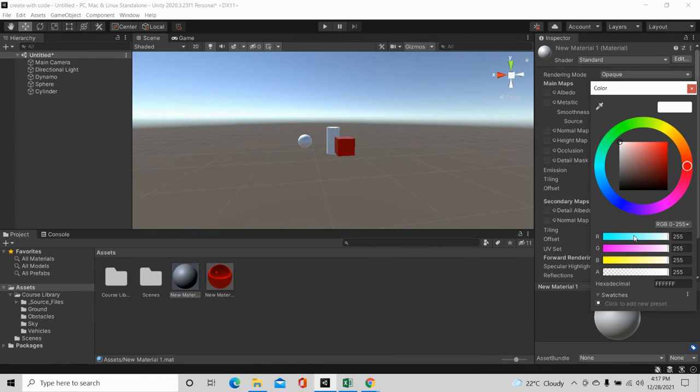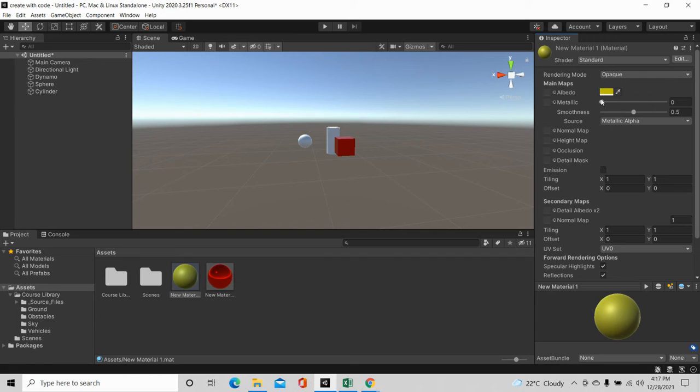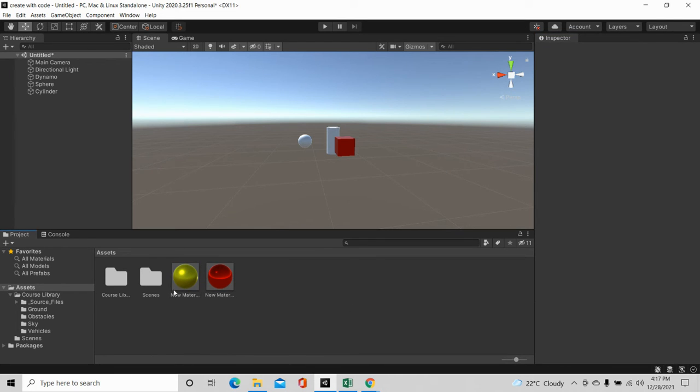So we are going to change to a new material, some other color. Okay, so it's a yellow color material. Now just increase its metallic value, or you can change it depending upon yourself. You have default values of 0.719 and 0.668. So we have created a new material, and this new material will be assigned to our cylinder.